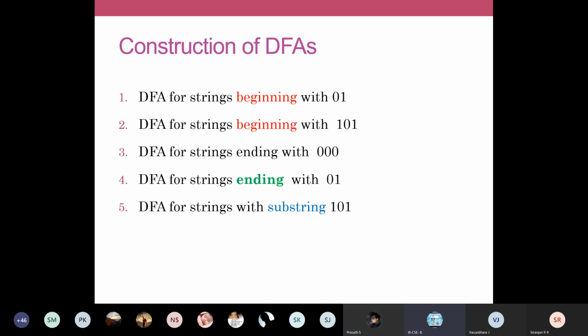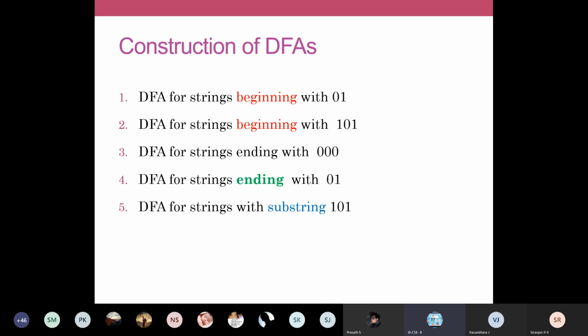Okay, so you can mute yourself. So for strings beginning with some sequence, we will be designing our DFA with a trap state. If my string does not begin with the expected sequence, we'll direct it to the trap state so that it does not go to accepting. Okay, that is the hint. For problems beginning with, use the trap state to direct all the unwanted strings.